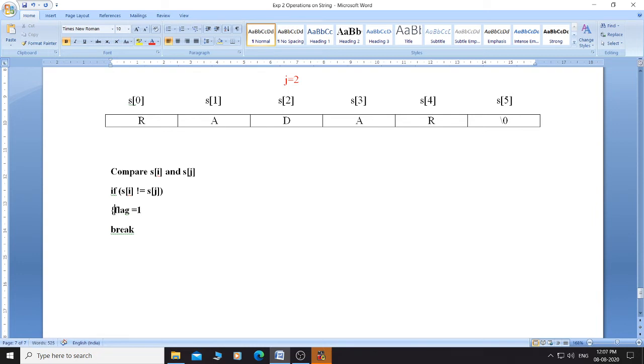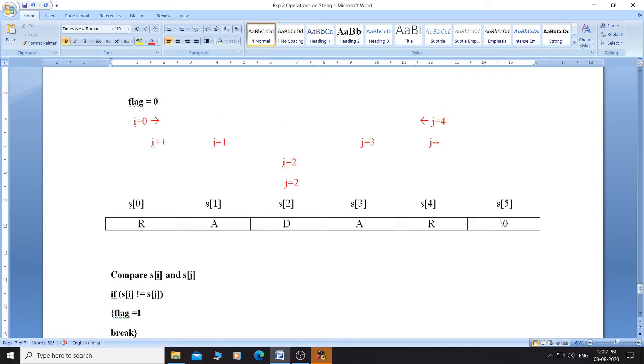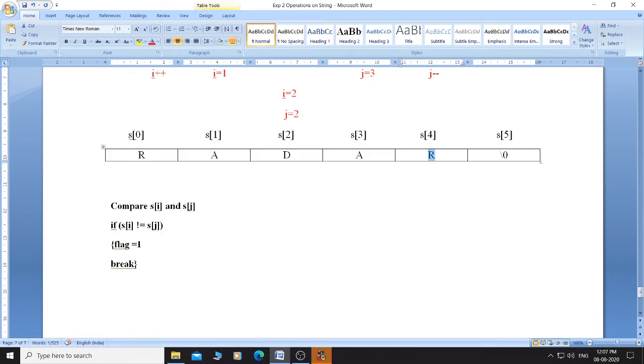So when we get a different character, we have to do two things. First thing is flag equal to 1, and second thing is break. First compare the first and last character. Now in this particular example both are same, R. So this is not executed. Why?